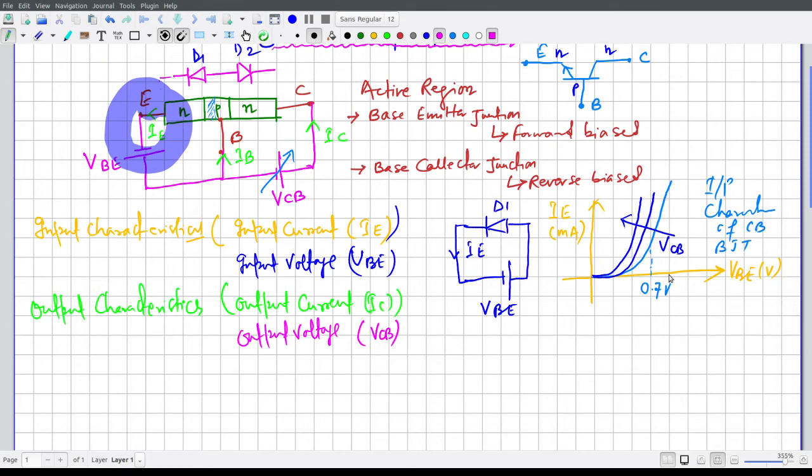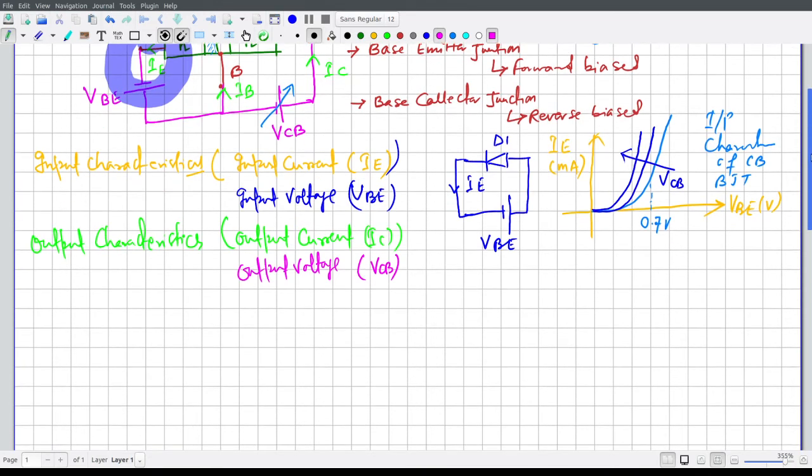So what we have to do, again you just think in terms of diode. So this one is somehow a diode, and for the output characteristics, this one is a reverse bias.